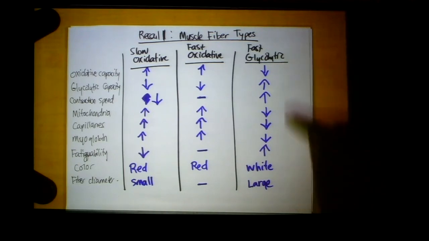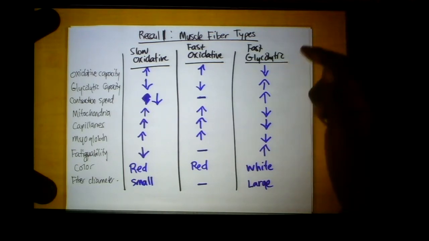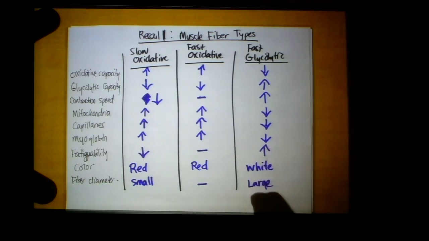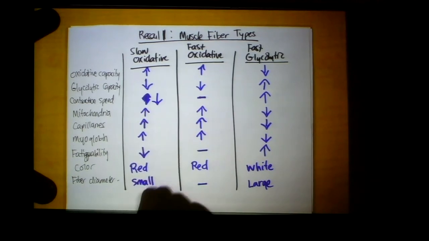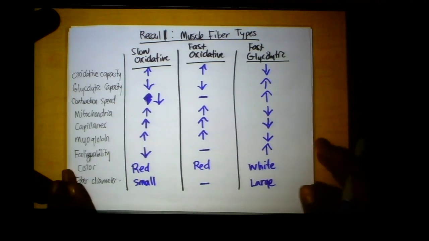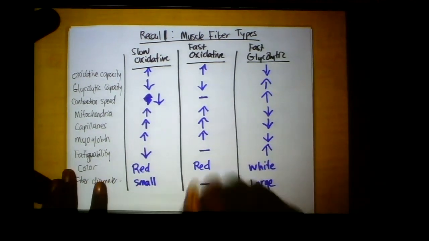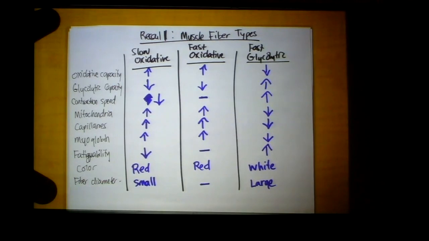What types of activities do we recruit fast glycolytic fibers for? Sprinting, right? Sprinting, heavy lifting, vigorous activity, okay? They're going to generate more force. They're going to be excited more quickly, right? But we're going to feel that burn much more earlier because of the lactic acid. What types of activities do we recruit slow oxidative fibers for? Jogging, light exercise, our day-to-day activities, okay? So, this is really important to be able to distinguish these types of fibers, where they get their energy, their contraction speed, and all of that good